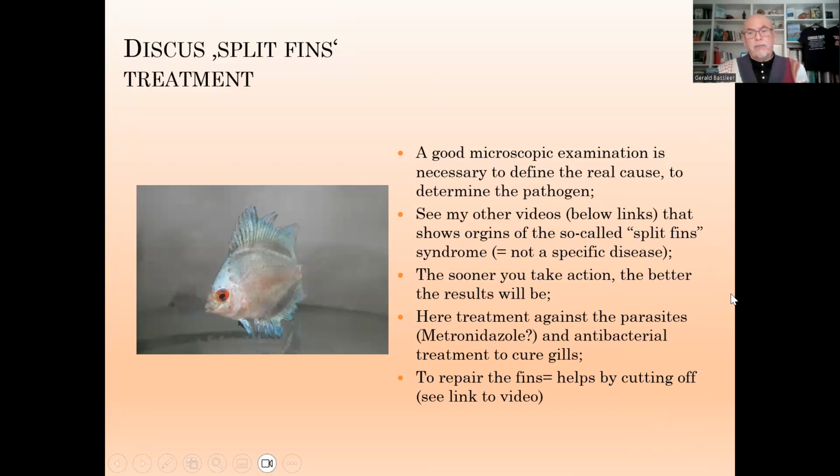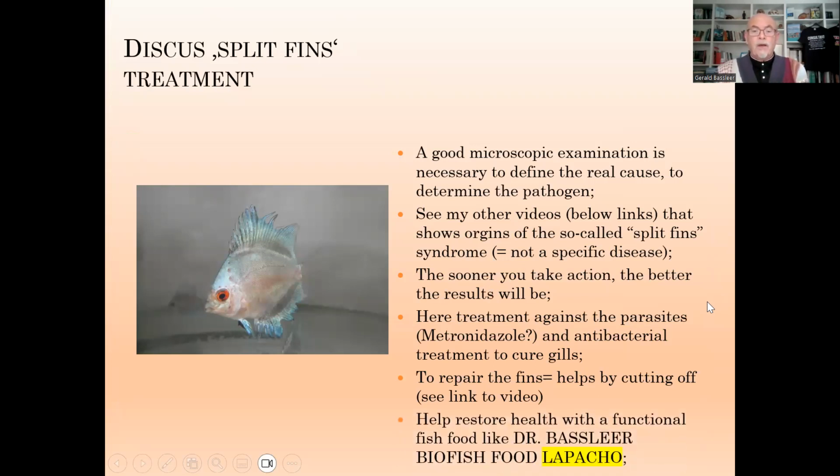And Rousseau explained it very well in his books, and the link of that video is also below where you can find the details. You can help to restore the health of the fish